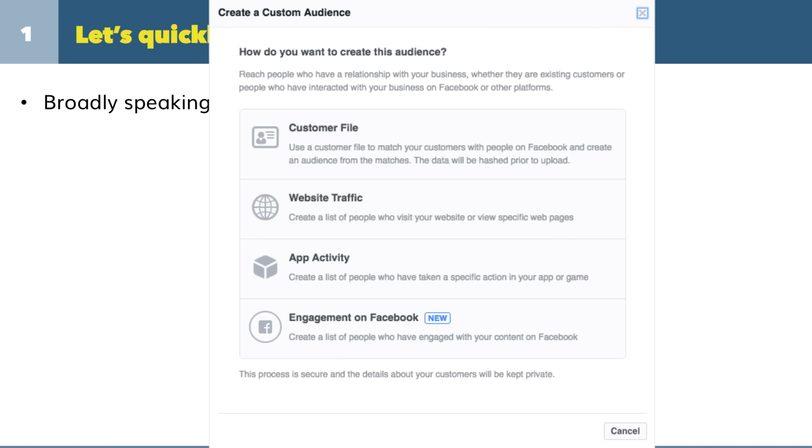After that is website traffic. So this is anybody that's been to your website, that's been to your checkout page, that's been anywhere on your website. You can remarket ads to them. And then the final 2 are app activity within a mobile app or a game. And then finally, this one is, I'm not going to talk about it too much in this video here, but